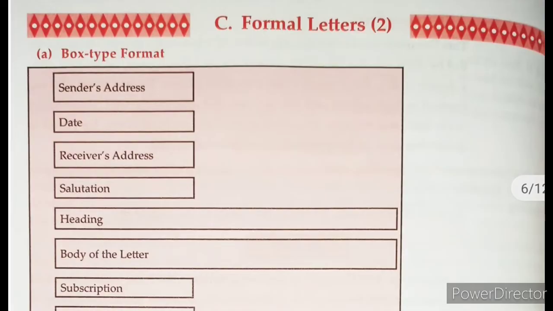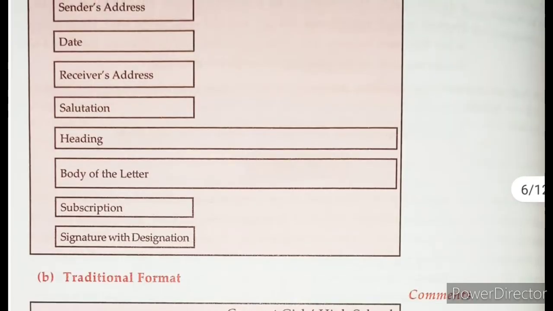After receiver's address, you have to leave a line and give the salutation. Then after salutation, that is dear sir, or dear sir or ma'am, or sir, whatever be the salutation. Then you have the heading. Heading is nothing but the subject of the letter. So you have to write SUB, put a colon and write a suitable subject in just one single line. And leave a line after the subject. And then begin with the body of the letter from the margin, from below where you have written dear sir, from where you have written the S of sub. You have to begin from near the margin. So everything should be left aligned.